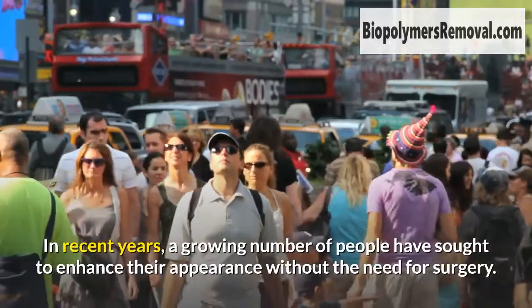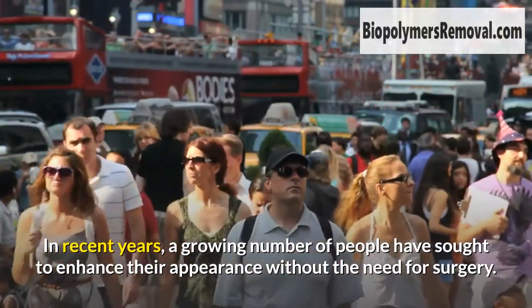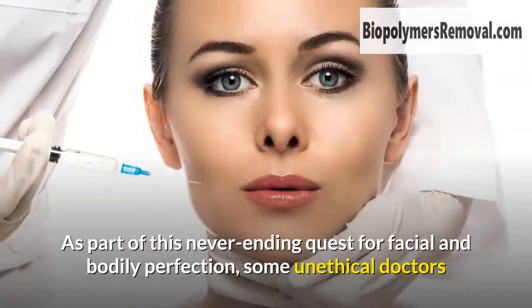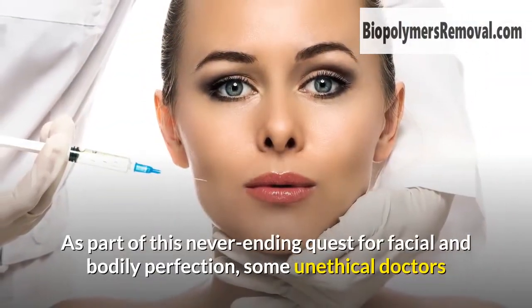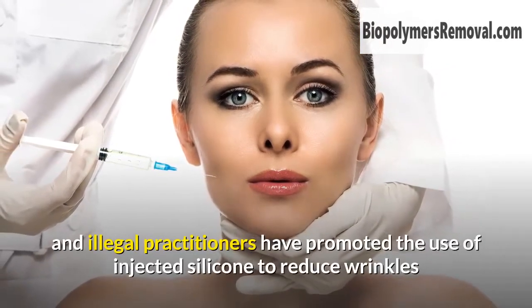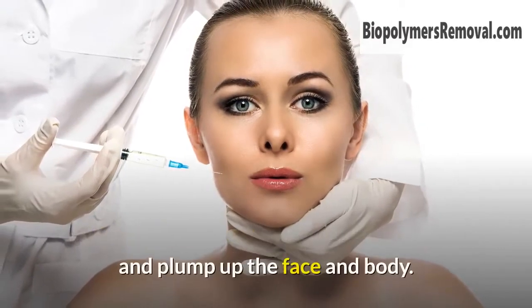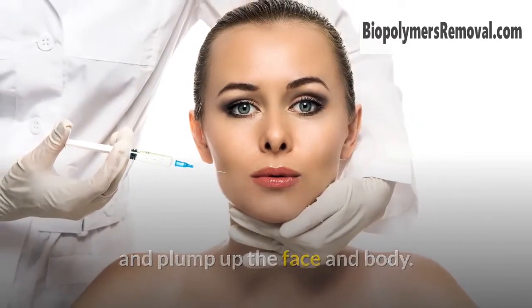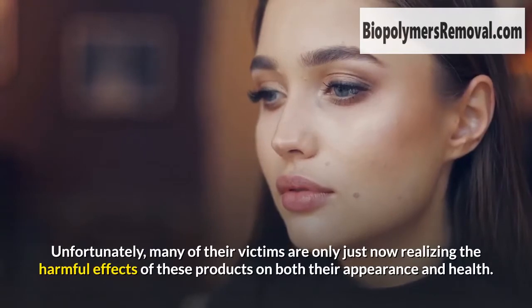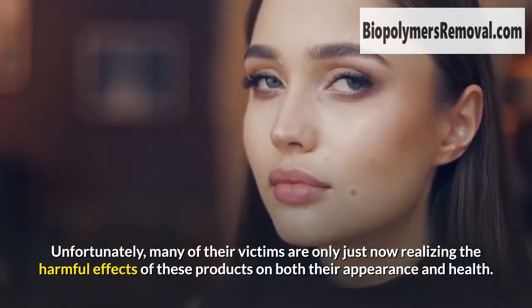In recent years, a growing number of people have sought to enhance their appearance without the need for surgery. As part of this never-ending quest for facial and bodily perfection, some unethical doctors and illegal practitioners have promoted the use of injected silicone to reduce wrinkles and plump up the face and body. Unfortunately, many of their victims are only just now realizing the harmful effects of these products on both their appearance